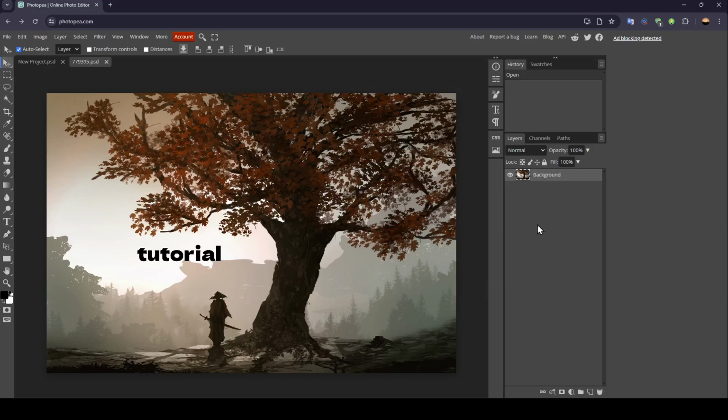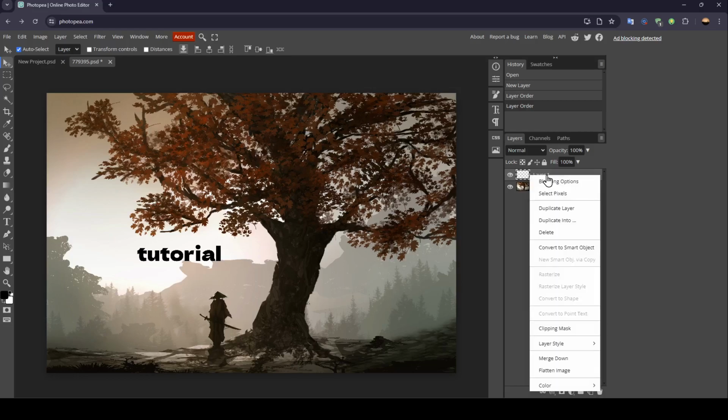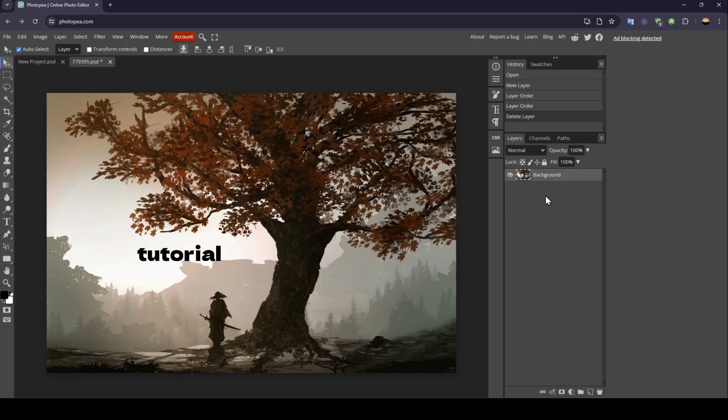So basically, guys, if you have any layer right here that you want to get rid of, I'm going to show you guys how you can do it. So right now, for example, I'm going to add a new layer. As you can see, guys, this is my new layer. So basically, guys, right now, if you want to get rid of this layer, just go ahead and select it. Then click on delete right here in the bottom right, or you can right click on it. And then right here, you're going to find the option to delete it. And this is how you can